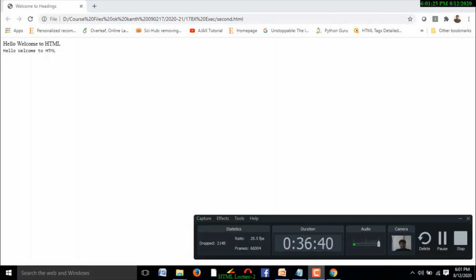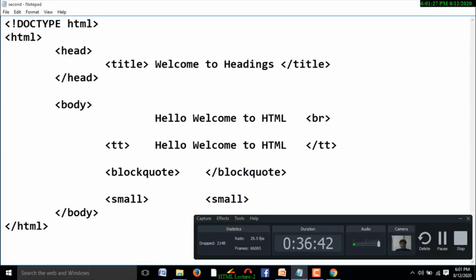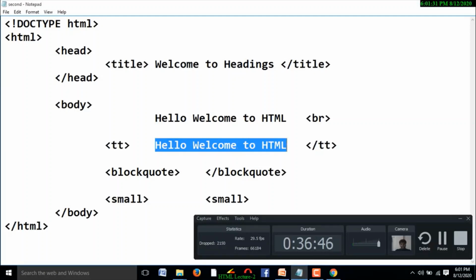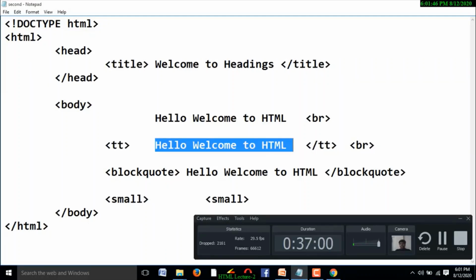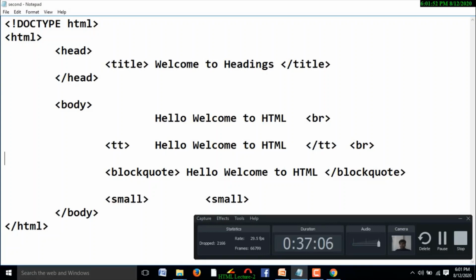And coming to the next tag, that is a block quote. I am going to arrange the same content by using block quote. Here I am going to use one more tag. The tag is what? Break row. Why? Because after displaying teletype text, hello welcome to HTML in teletype text, I need a row break.